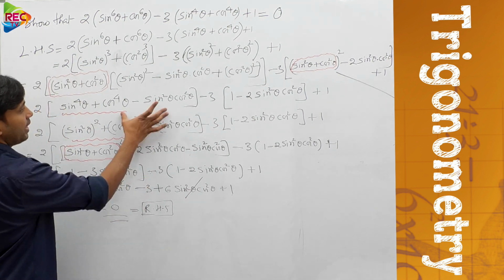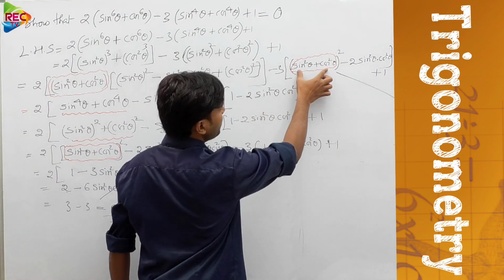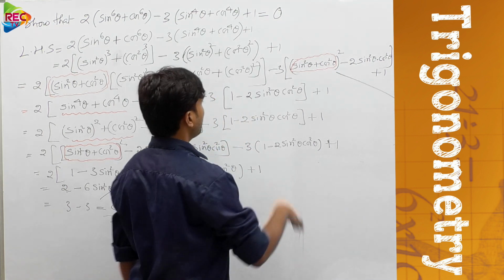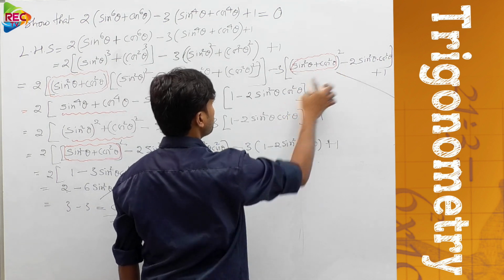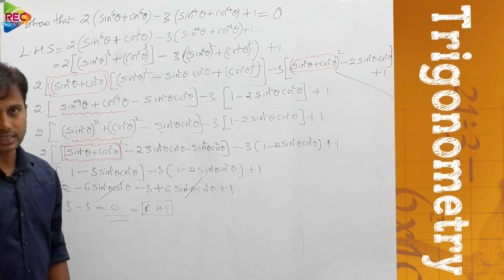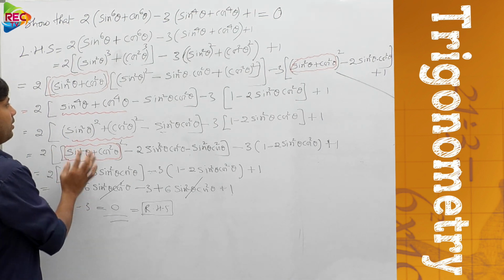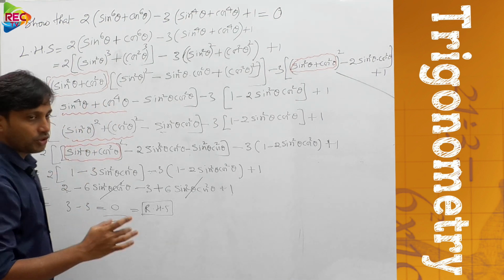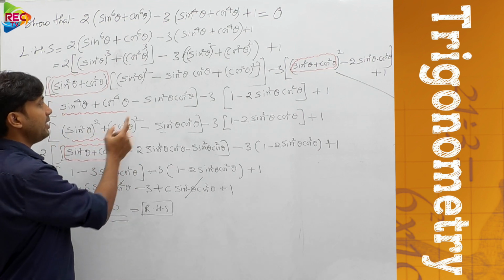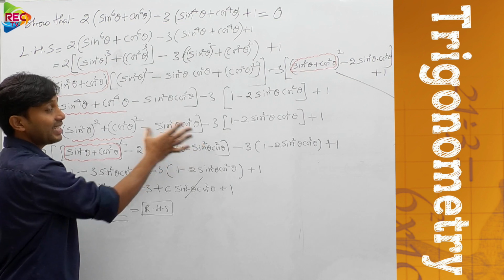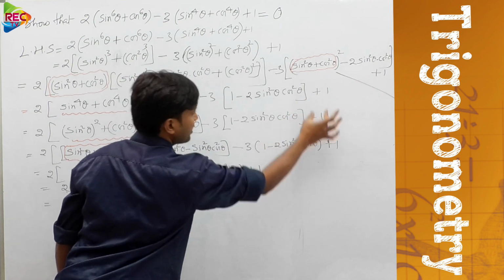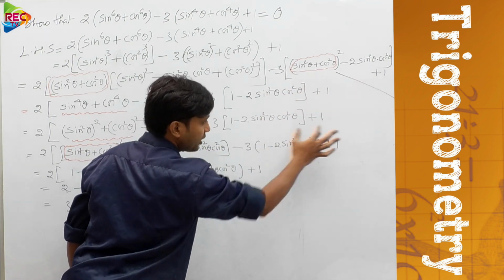Okay, so that we wrote, and here as we know that sin square theta plus cos square theta value is 1 from the identities. So we put 1 here, minus 2 sin square theta cos square theta, and plus 1 is written as it is. Now again sin power 4 theta plus cos power 4 theta can be rewritten as sin square theta whole square plus cos square theta whole square, and minus sin square theta cos square theta is written as it is. We didn't change this term and this term. These terms remain the same for these two steps.